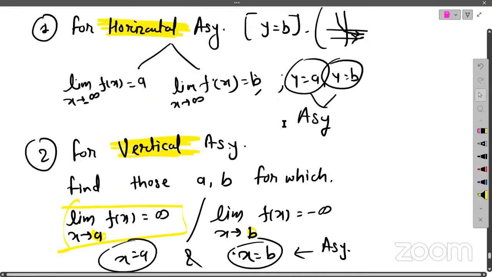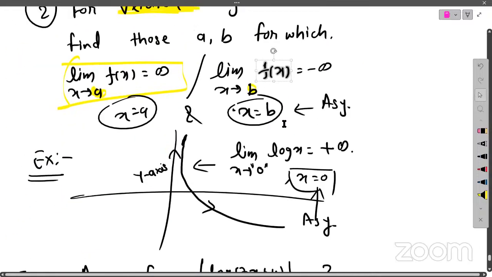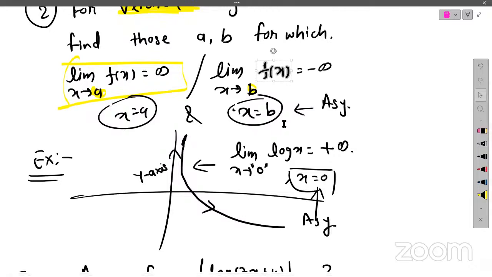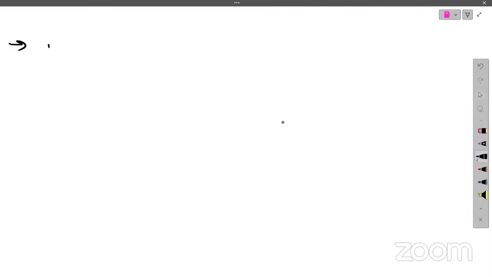I hope this is clear now. If you guys have any doubt, you can ask, because that's all from my side. One thing I have left is the properties of log, because here we just have formulas. So if you guys want to go through them also, I can do it, or else it is fine. I mean, there are 5 to 6 properties. Let's quickly recall what are the properties of logarithmic functions. So first thing is